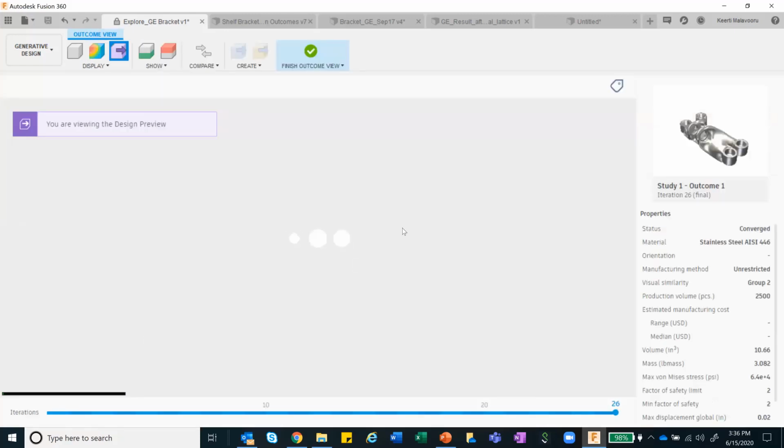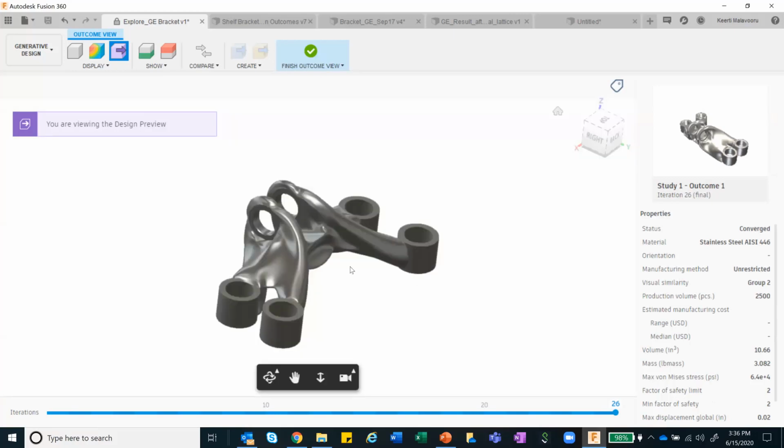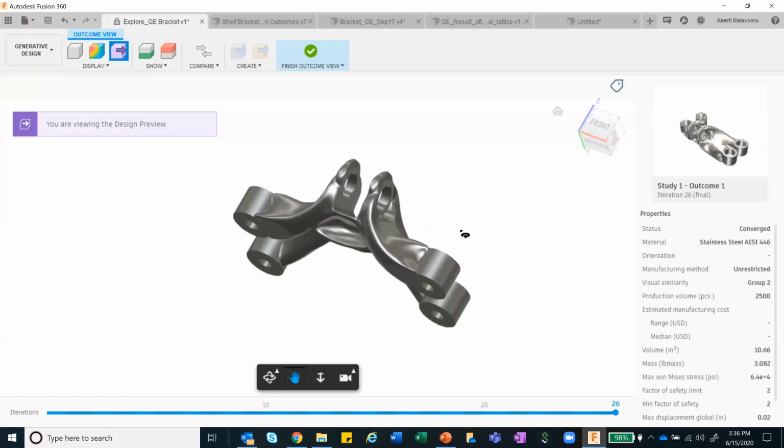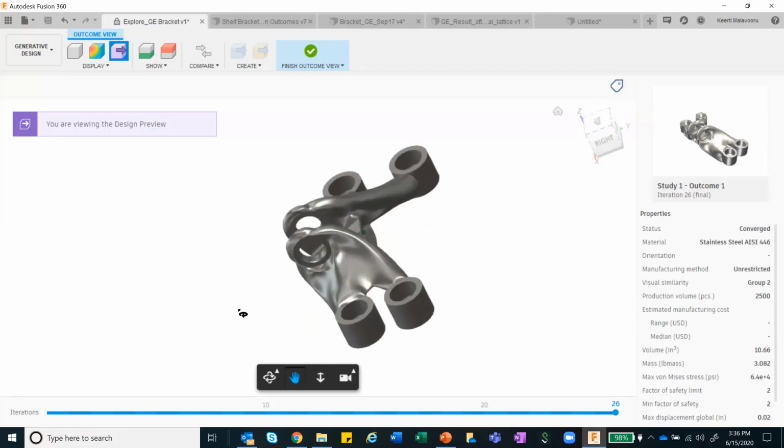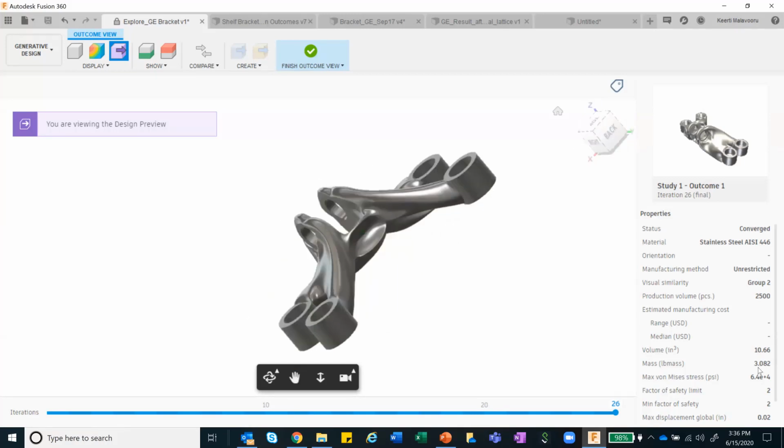Let's look at this particular design, which is made from an unrestricted one. So it has basically created a design which is very, very smooth in nature, and at the same time, it is well within the objective that I have mentioned.